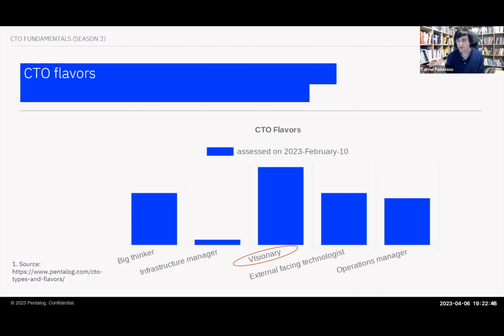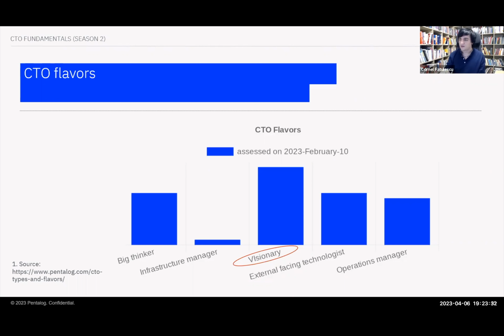And just to recall why this is important, the big thinker as a CTO was the original CTO who was very strategy centric. For example, a CTO who's operating at this level might say, the product we work on, we need to shut it down. It's not working. We need another product or something else. The visionary CTO, for example, is an expert in the product. Her power comes from the product and the technology. It's usually the first product owner or the first developer, actually in many cases the first developer, and there is a catch with this